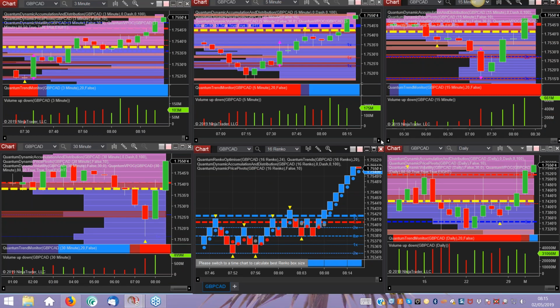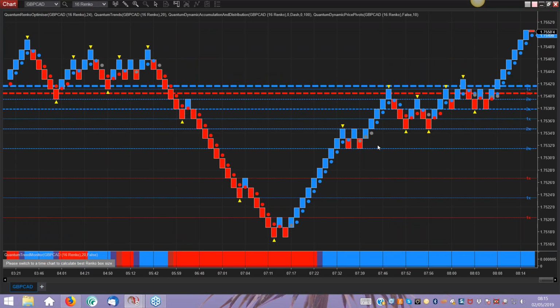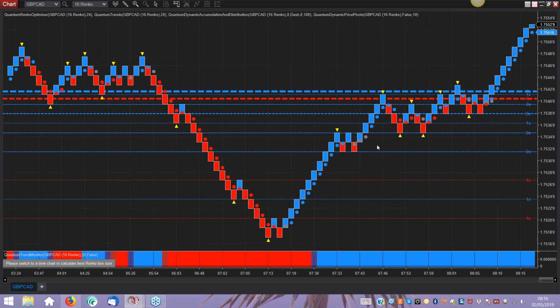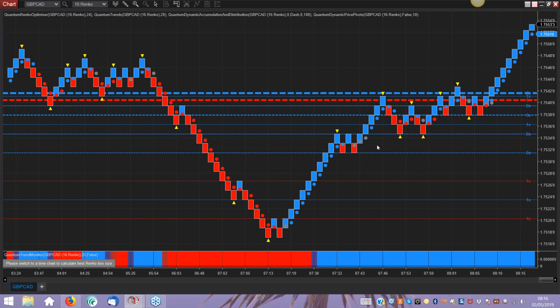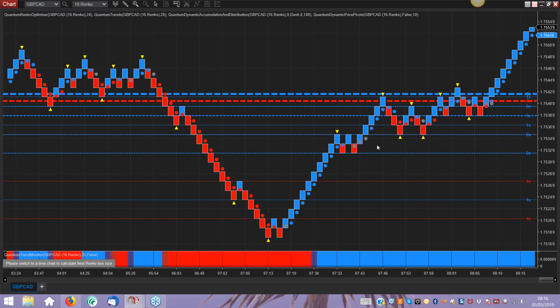And I've got the Renko running here as well. And if you've not used a Renko with time-based charts, I would urge you to investigate it, because what the Renko does, it really does smooth out the price action for you. It uses the bricks, and on both the Renko for NinjaTrader and also the Renko for MT4 and MT5, you